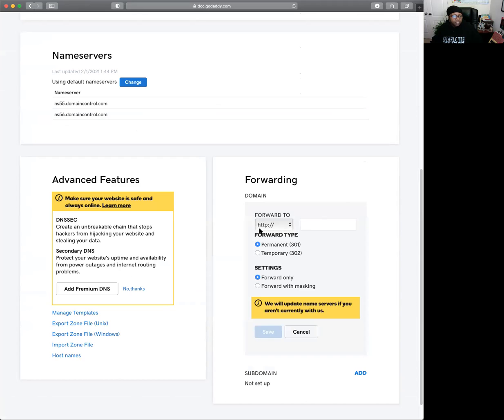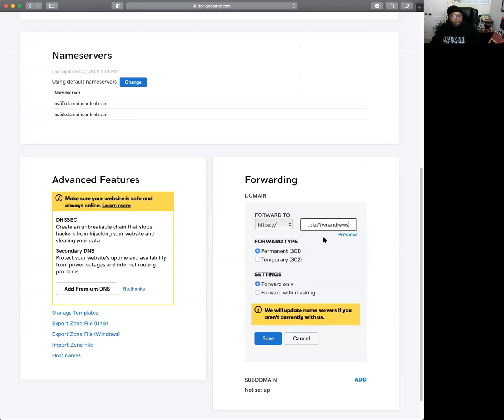And you want to change your HTTP:// to HTTPS://. Click on that. So now it's changed. Okay. You're going to paste your link inside of that box. But what you're going to do is go all the way to the front. And you're going to take off the HTTPS://